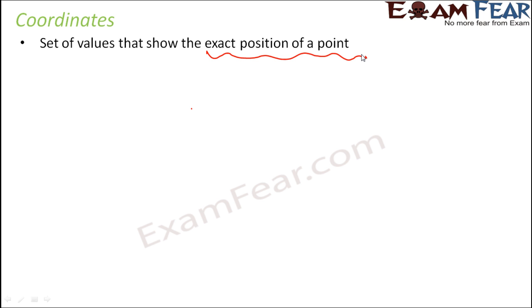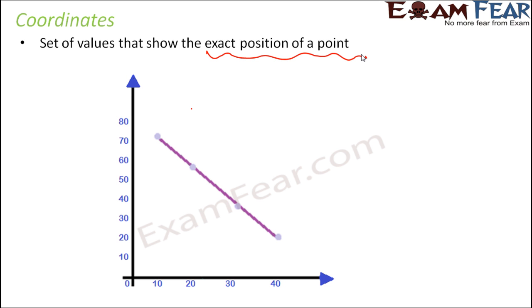Now let us look at this picture. Here this is a linear graph because it is made up of three line segments joined consecutively, right? And how did you make these line segments? With the help of these points 1, 2, 3 and 4. So these are the 4 points. How do you know the exact location of each of these points? The exact location or position of each of these points is given by coordinates.